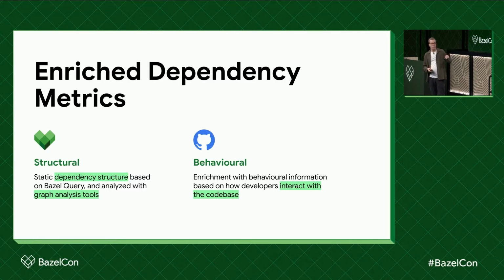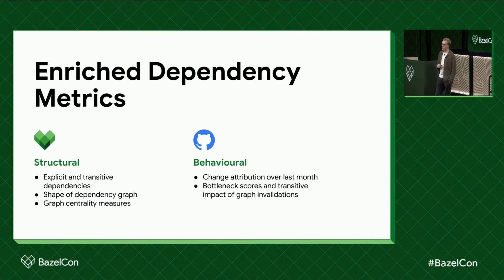So it's this combination of the behavioral and structural aspects that captures some of these ideas that we want to understand and use in order to drive improvements to our code base. And to give some examples of what this could look like, on the structural side, we have information such as the raw shape of the graph, if it is deep or if it is flat and wide, as well as centrality measures that describe how certain pieces are important because of their relationship to others. On the other side, we have the behavioral aspects where we use GitHub data about pull requests and how people are interacting with the code. We then attribute this to our dependency graph so that we can build up bottleneck scores that describe this cascading and transitive nature of issues in the graph.